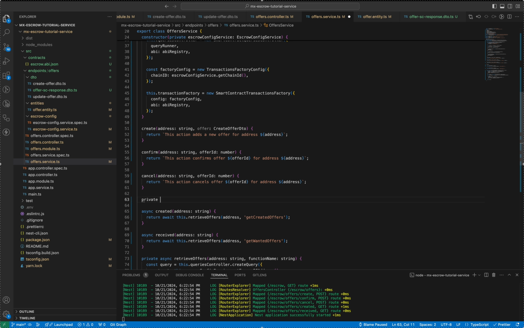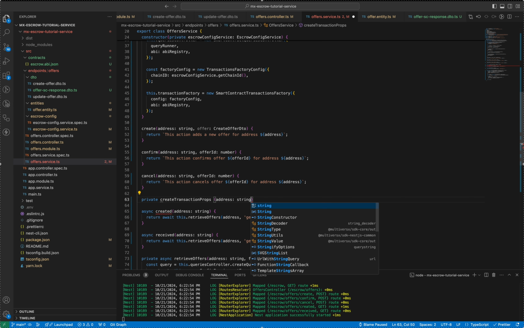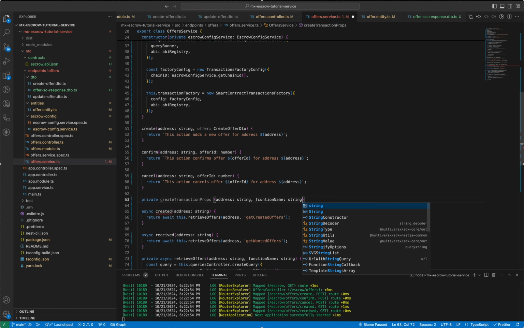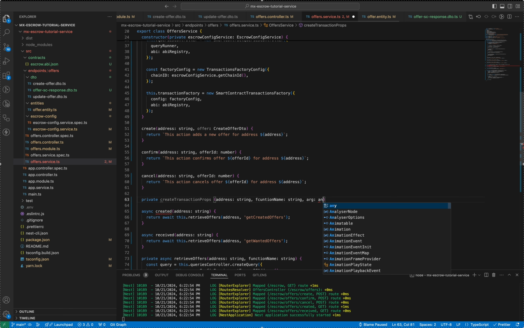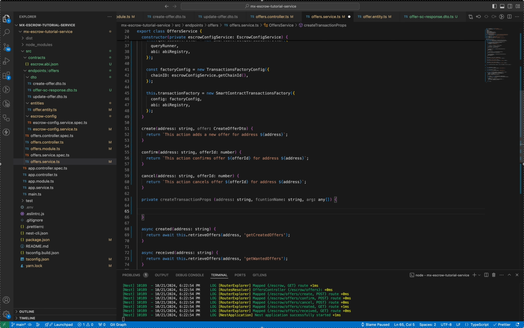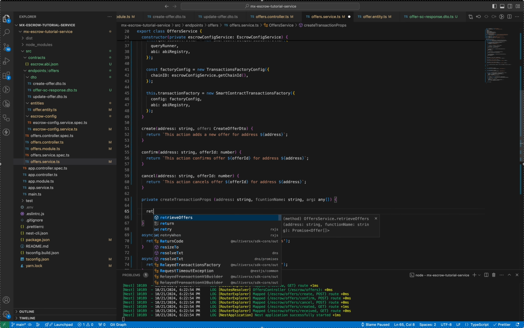We will call it createTransactionProbes. And it will receive an address parameter, a function name, and some arguments that we will pass to the smart contract. This function will return an object,